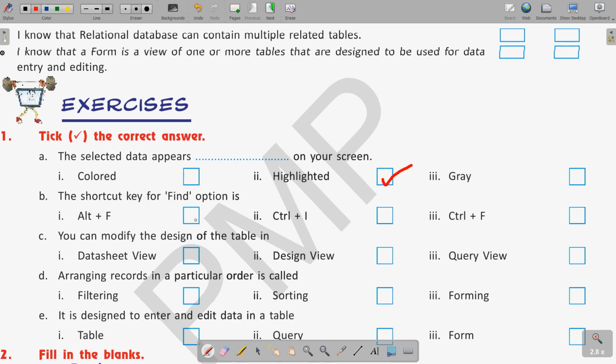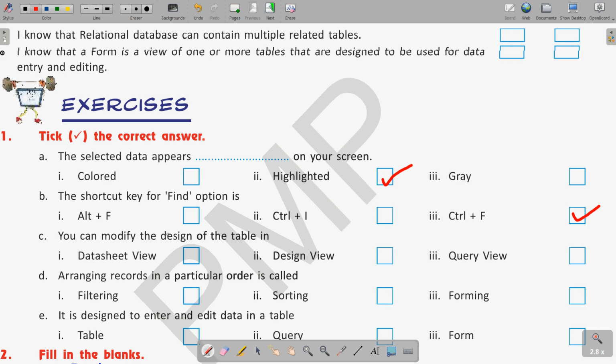Okay, then next is the shortcut key for the find option. If you want to choose the find option, what is the shortcut for that? It is Control F. We already know that Control F is the shortcut key for using the find option. Clear?